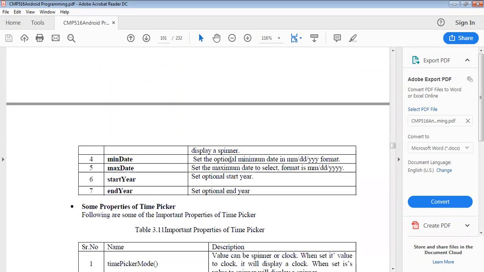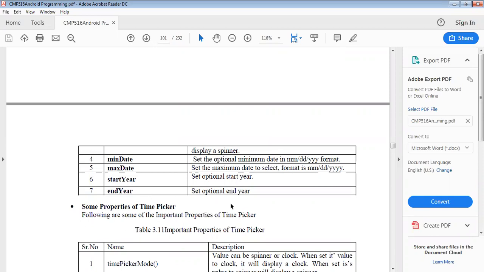Minimum date means set the optional minimum date, in month, day, year format. Max date means the maximum date that can be selected here, in month, day and year format. Start year means set the optional start year.